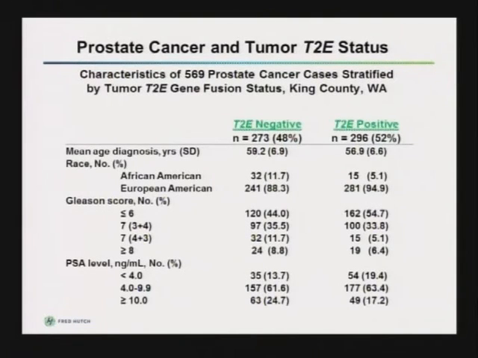So we were interested in whether or not these two types of prostate cancer, those with and without the fusion protein, might have different risk factor profiles. And to do this work, we took prostate cancer tumor tissue collected at the time of surgery and then used a technique called FISH to determine whether or not the tumor tissue had this fusion protein. And what you can see is that about 52% of patients in this group did have evidence of the fusion protein. Patients that had T2E positive tumors tended on average to be about 2 years younger